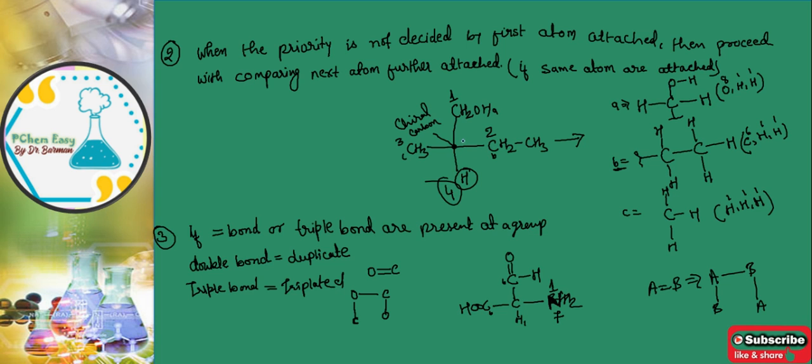We have to see the exact next, what it is directly attached to that carbon. What this carbon is attached? Okay, let's see here. This is the group, I will give the numbering A. This is the group given the numbering B, and the group given numbering C. Now what we have to do? We have to expand it. So A will expand like that. This is the A group.